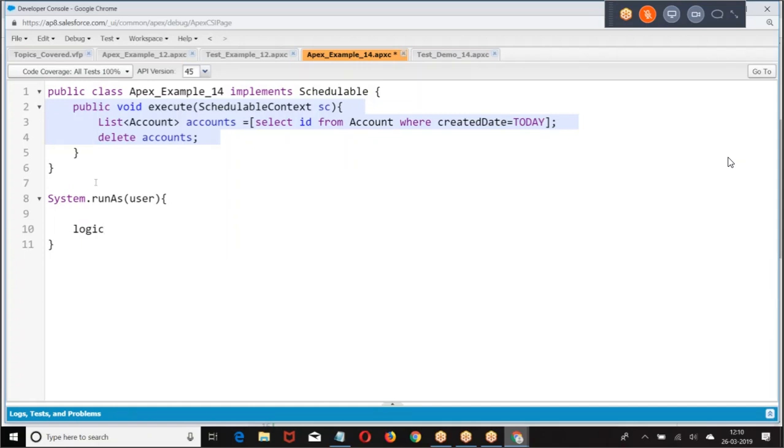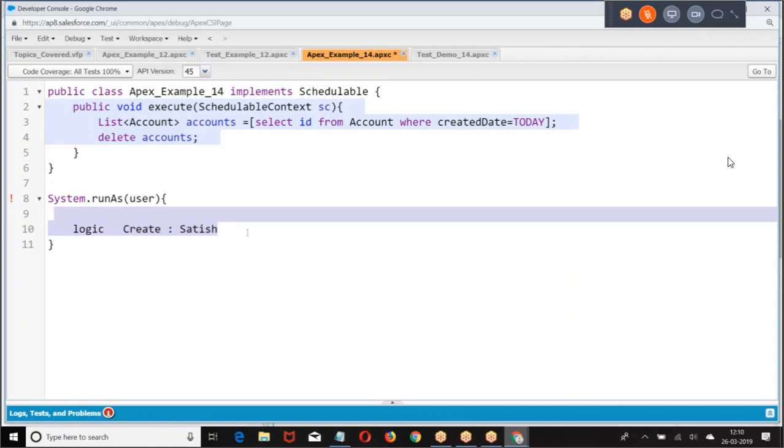Now, in the Apex class also, nobody has permission to create. Only Satish has permission to create a record. Then we say, run the remaining code as the person who logged in, but for these 4 lines, you run like Satish. Did you get my point?